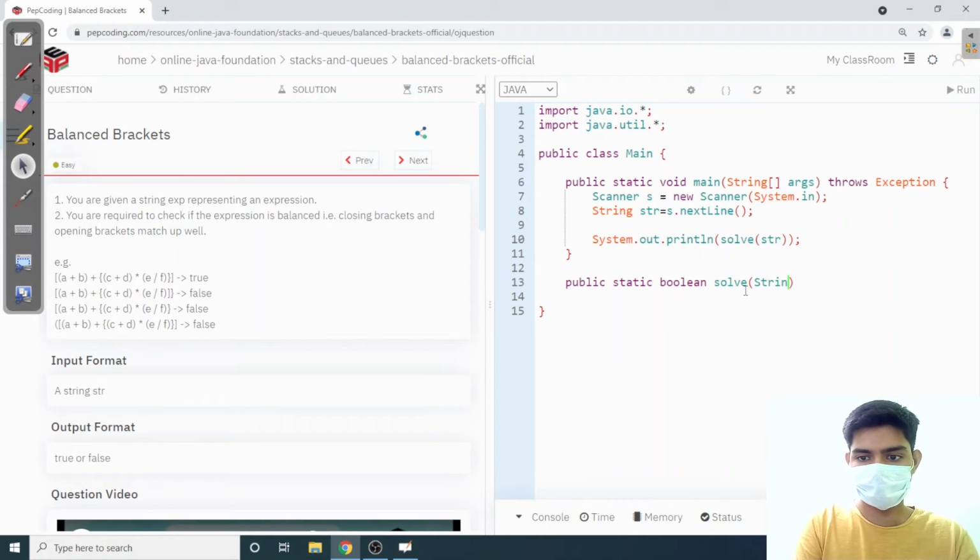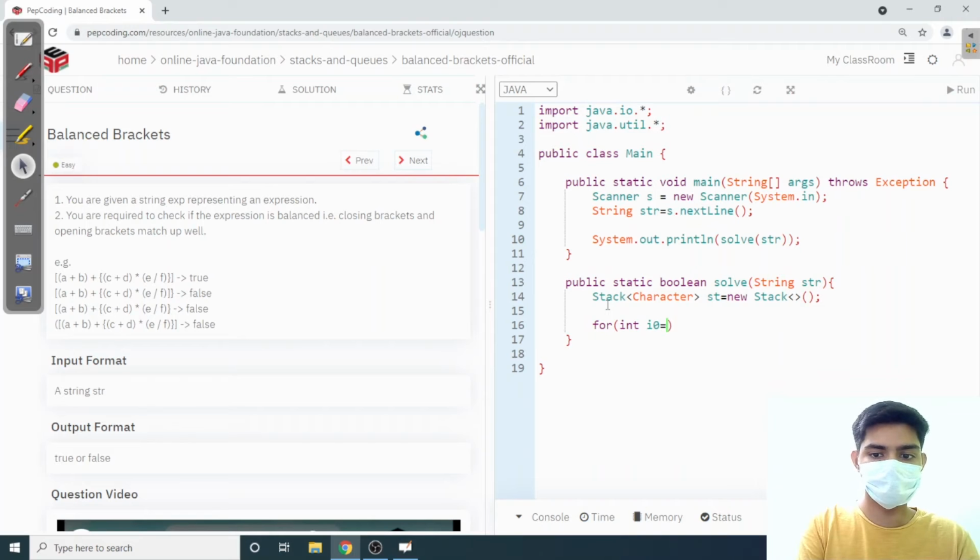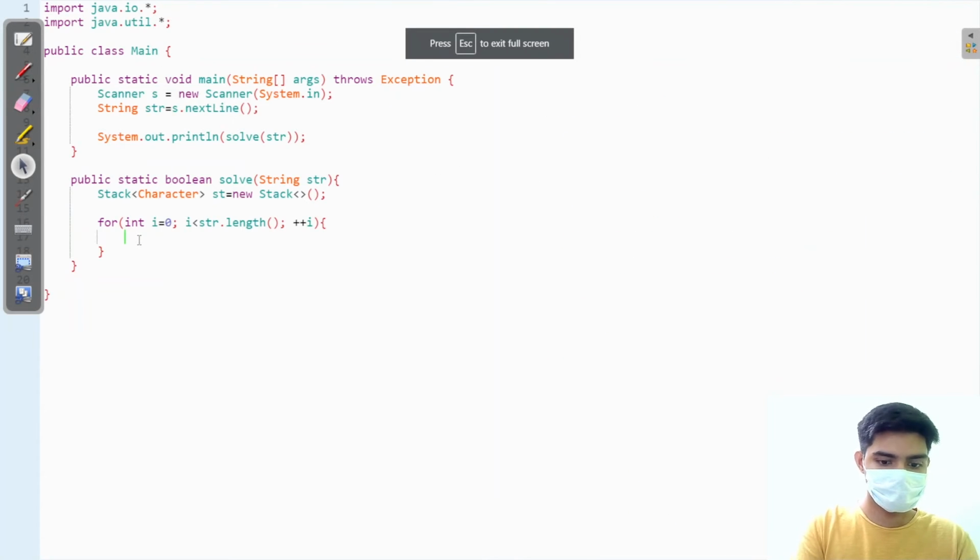It is going to take a string str, and I'm going to make a stack of character data type. Then I'm going to iterate over the string, so I have to do str.length. Now I'm iterating over the string. I will take the first character, call this ch.